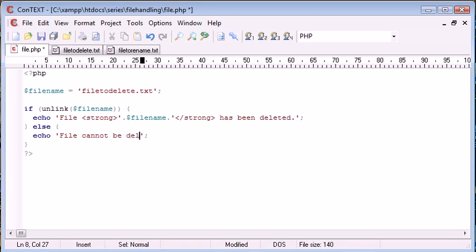Okay, so let's go ahead and put some text in. So file cannot be deleted, just for example. You can obviously reference this variable in there if you want. It's entirely up to you. So as it stands, we're going to unlink the file name, so we're going to be deleting this file-to-delete.txt, and then we're going to be giving a confirmation